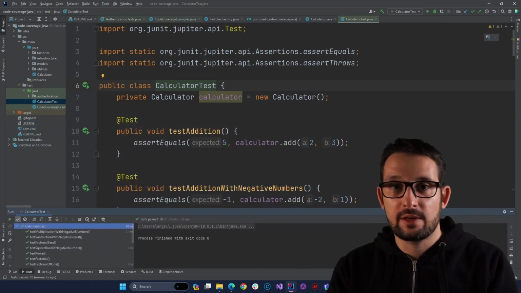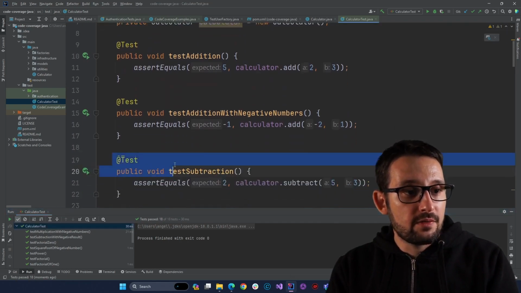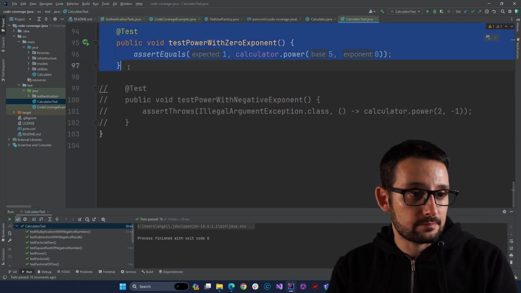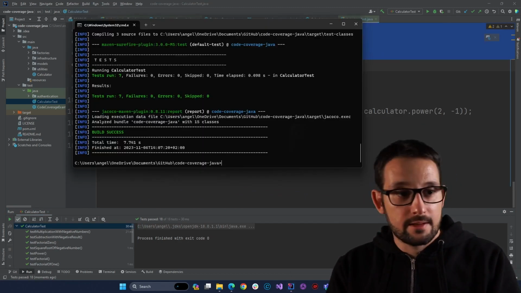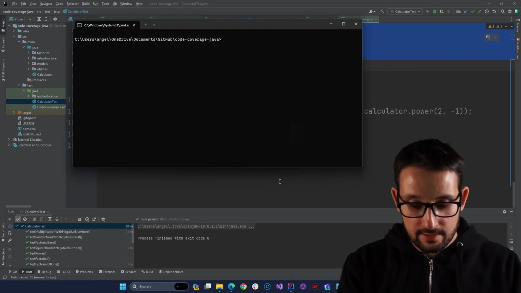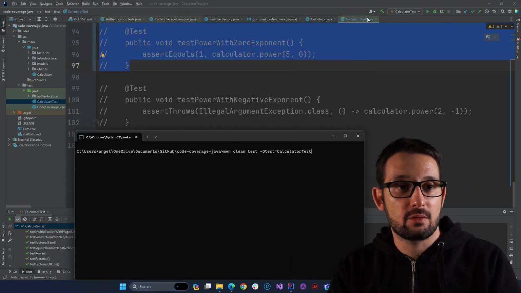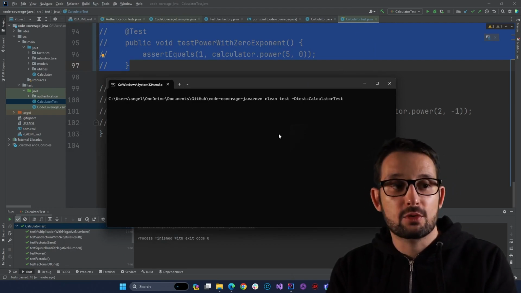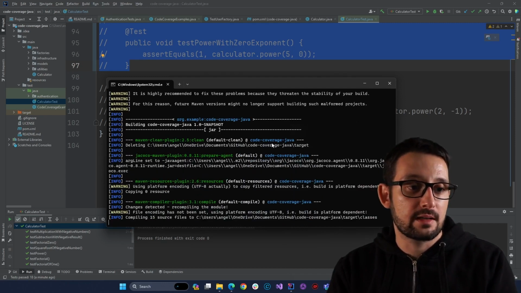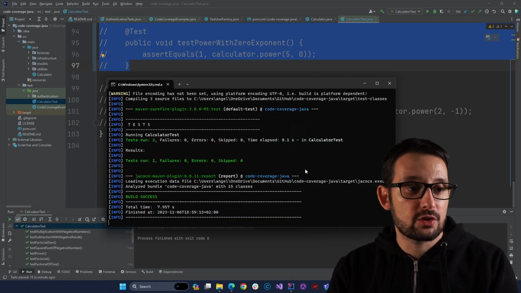Based on them, we have generated the report that I showed you, that it's achieving almost 100%. However, let's see what will happen if I comment most of the tests here. Then, through the command line, previously I ran this command, Maven clean test, and basically I'm running just this particular class here, because in this project we have other tests that I'm going to show you later, but I want to generate the report just for this particular class. Now we will execute only 2 tests, and as you will see, the code coverage will